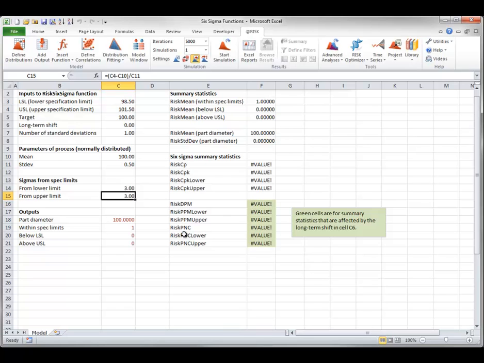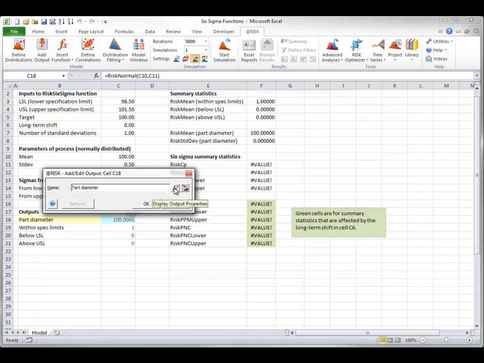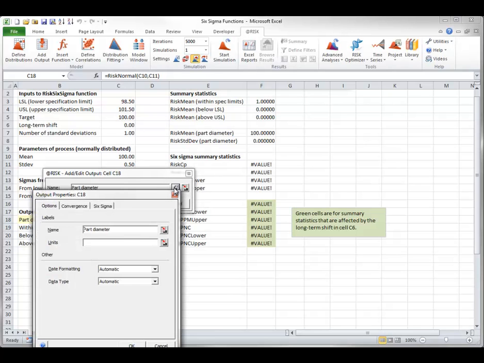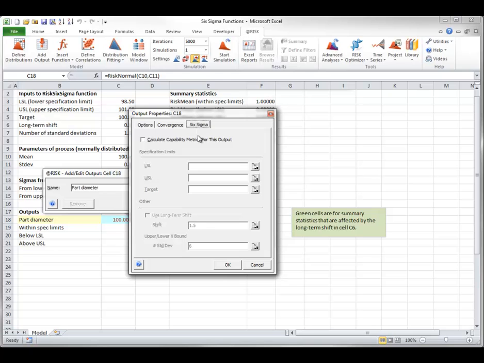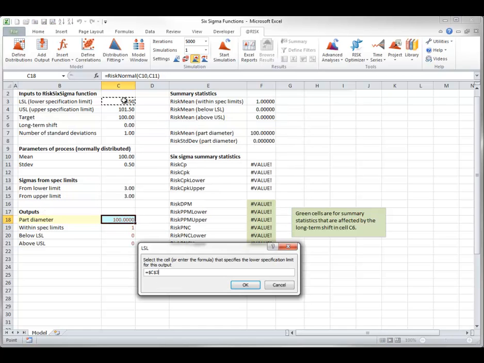The key to using the at-risk 6 sigma functions is to append the risk 6 sigma property function with arguments in cells C3 to C7 to the risk output function when the part diameter in cell C18 is designated as an at-risk output. To do this, you select cell C18, click the Add Output button, click its FX button, and click the 6 sigma tab, and then you fill the dialog box out as follows. You refer to all of these cells,